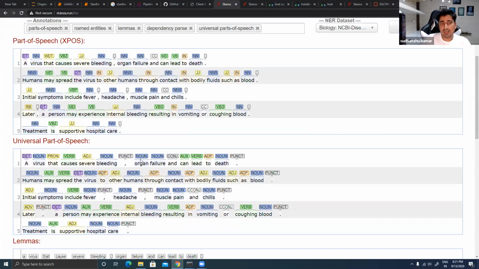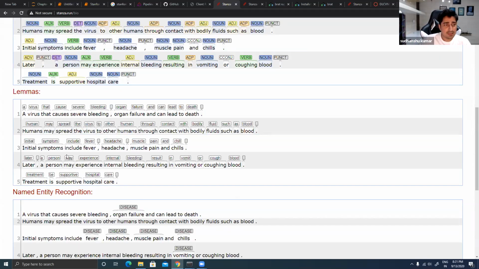Now, a lemma is nothing but lemmatization, right? So here is the lemma that we are able to get for every word. Somewhere you will find that it is trying to transform the word, but most of the time it is not transforming it, because lemmatization always tries to give you the nearest possible word or root word. You can see over here that chills has been converted to chill. Apart from this, everywhere it's almost the same. It is not doing much conversion in this particular place. So this is lemmatization.